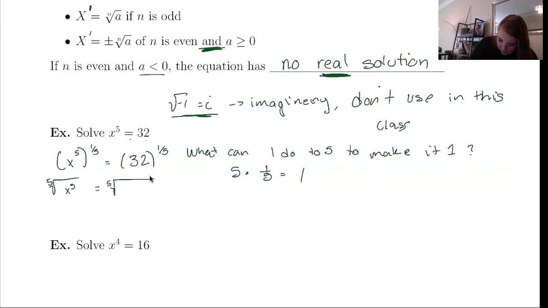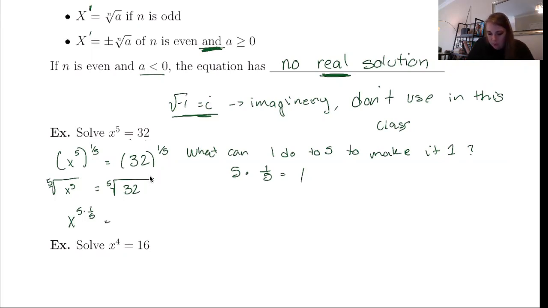I really like to do it in the exponent though, because what if we had something like 5/4? Then the reciprocal would be 4 over 5. And it would work differently with exponents. Go back and look at the earlier chapter on that. So that's why it's good to use this notation rather than what I like to call the radical notation. So then I'll get x to the 5 times 1/5,